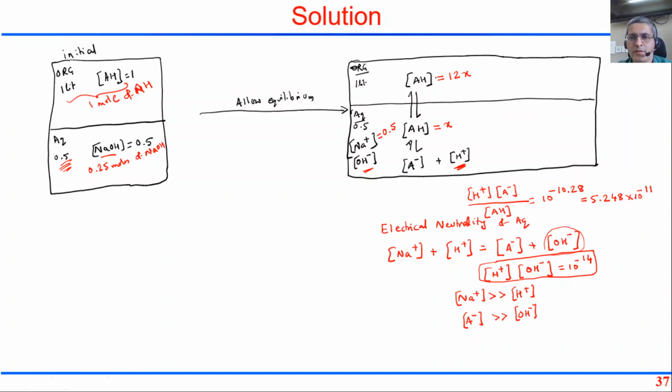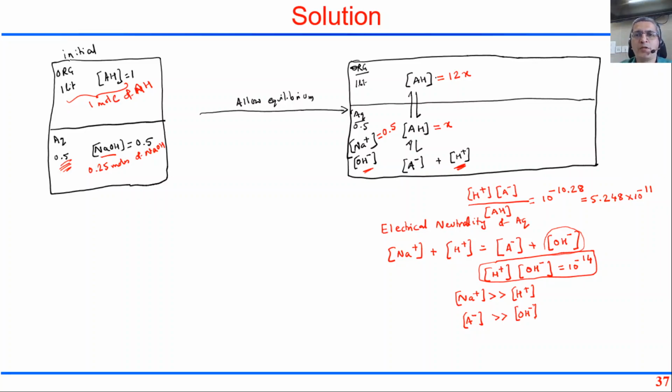Just think about what we are saying. If I am putting 0.5 molar NaOH, the concentration of Na plus ions would be 0.5 molar. Total will be 0.25 moles of Na plus ions. OH minus would be generated in the same amount, but these OH minus are going to react with the dissociated AH, the H plus ions coming from the dissociation of AH,